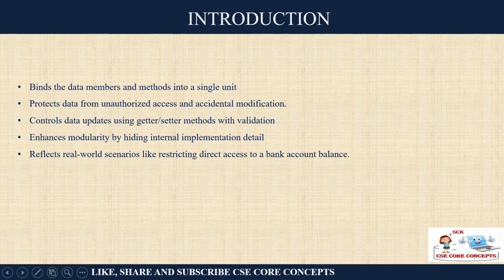Let us understand one simple example. Let's say you have a project of a banking system. Now there are certain customer details which can be told publicly, but there are certain details which should be very private. If you are defining a class and the types of variables we have been discussing so far, you have various methods, like a deposit method when you deposit, a withdraw method when you withdraw, and an update balance method. So many methods you can write, and you can use so many variables like name, age, phone number, etc.